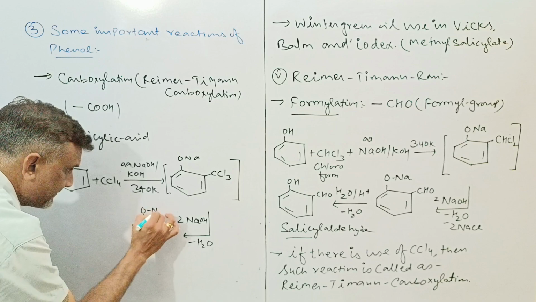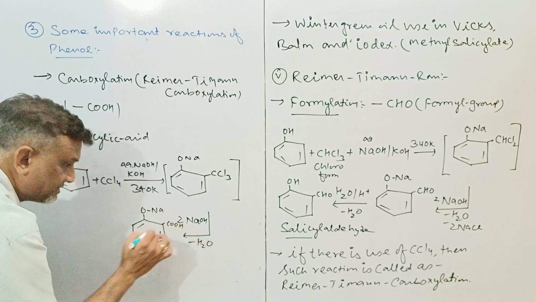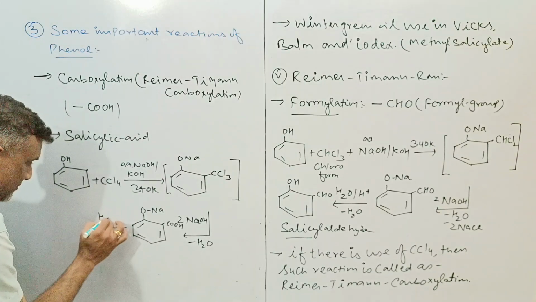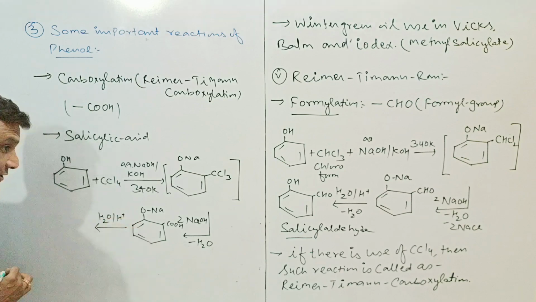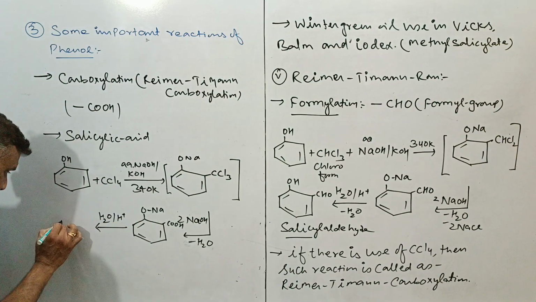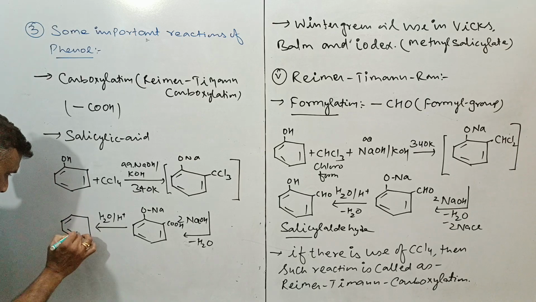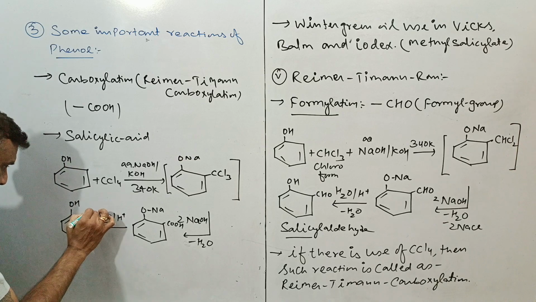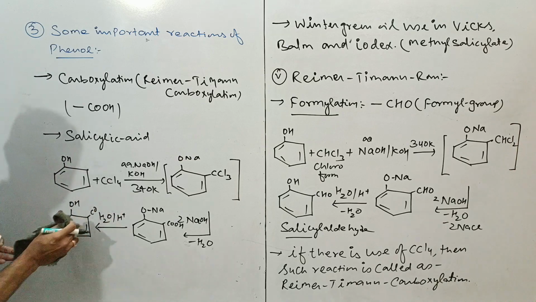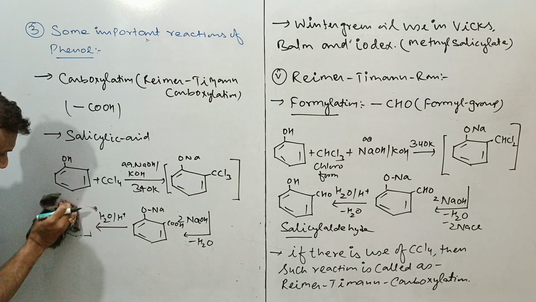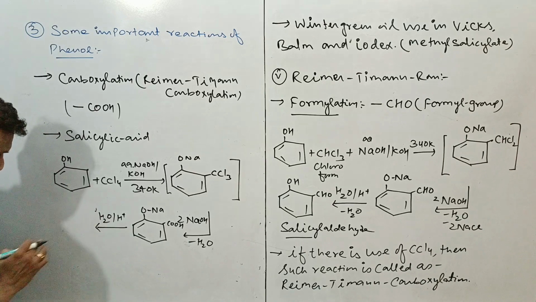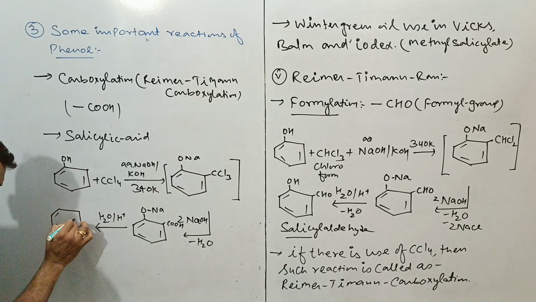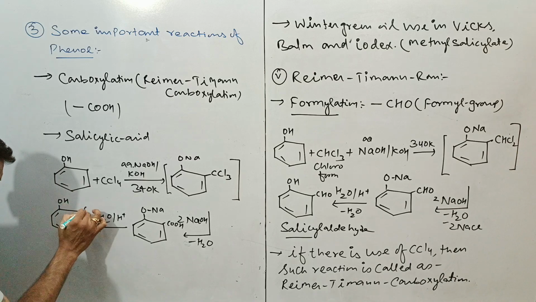This is your ONa, COOH, and further on hydrolysis you can write it as H2O/H plus, or you can write it as H3O plus. So here will be formation of your important compound. This is the OH and this is the COOH. You can take the space properly. इसको थोड़ा सा कुछ इस टाइप से शो कर सकते हैं. This is your salicylic acid,